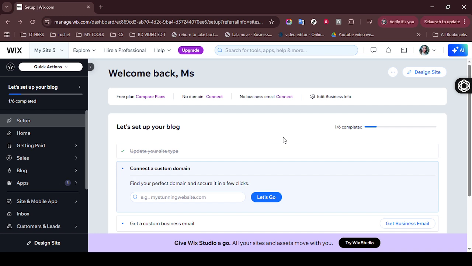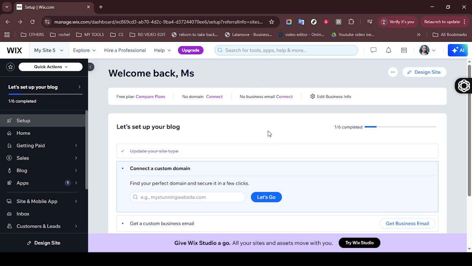First, we need to be inside the Wix Editor. Once you're logged into your Wix account and have selected the site you want to work on, you'll find yourself in the interface where all the magic happens. On the left side, there's a toolbar that serves as your main navigation hub within the editor. Look for an option labeled Menus and Pages. Clicking on it will open a comprehensive list of your current site pages, all neatly organized for ease of access